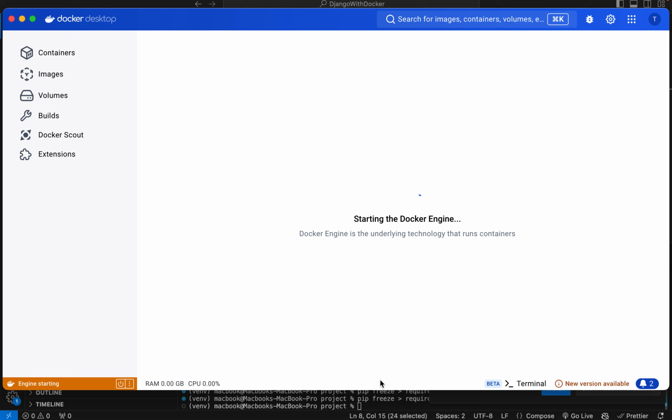We simply run the command docker compose build, and then it will build an image for us, and then we will run docker compose up, and it will start the project for us. Like you can see, it started our project and our project is running successfully. Hopefully you get the concept of how we can dockerize our Django project.